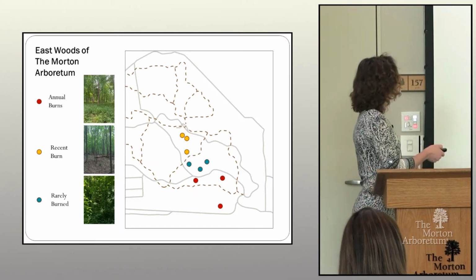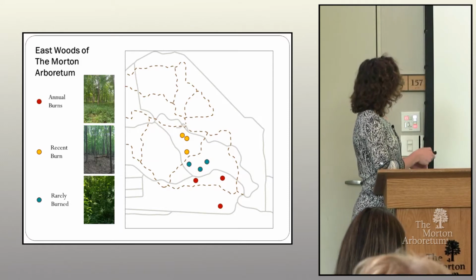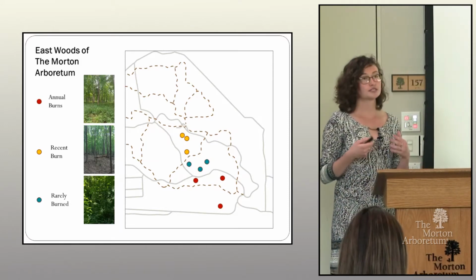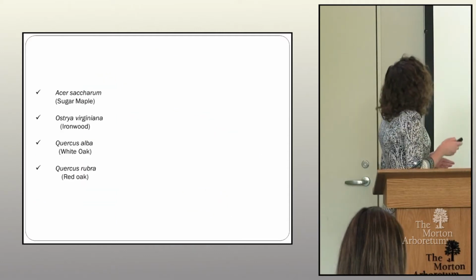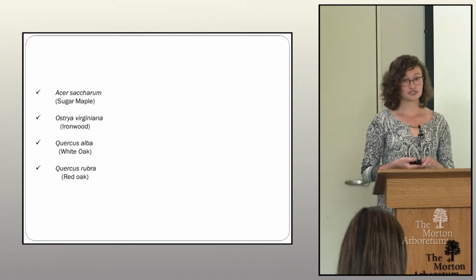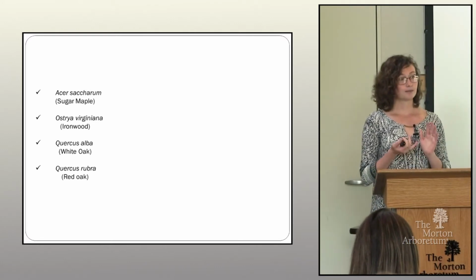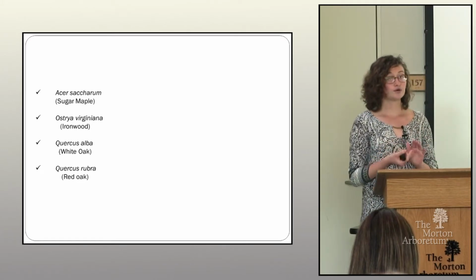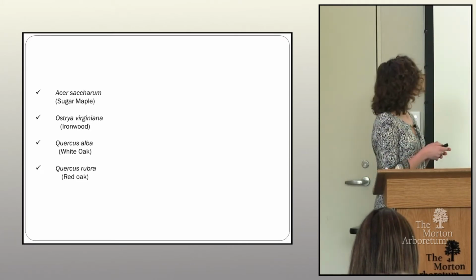You can see here, red is representative of annual burns, yellow is representative of recent burns, and this blue turquoise color represents the areas that are rarely burned. Now, in these plots, I had 4 specific species that I was interested in studying. I wanted to see how fire was affecting sugar maples, ironwood, white oak, and red oak. And these are all very common species in